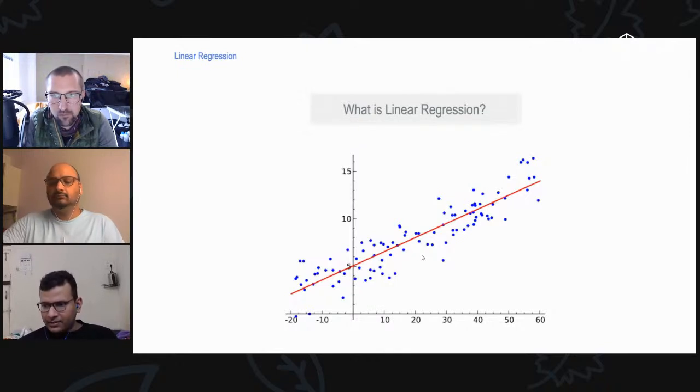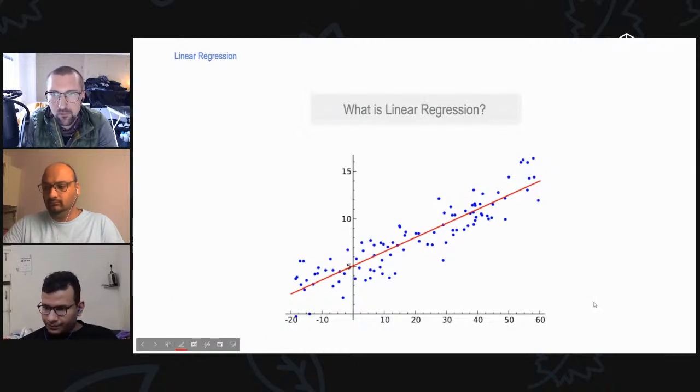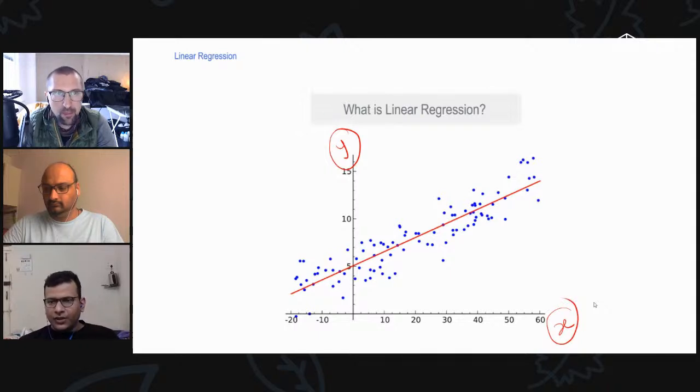Let's say we have X, value X on one axis, and let's say we have Y. When we are trying to predict Y from input X, so we know what we are trying to predict, it has become supervised learning. Now, let's say we are given X and Y, and we simply don't know what patterns are present in the data. Same data set, but we don't know what we are trying to predict. Then this same data would have become an unsupervised problem. Okay, so I hope this is clear.